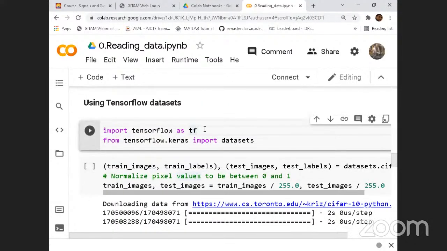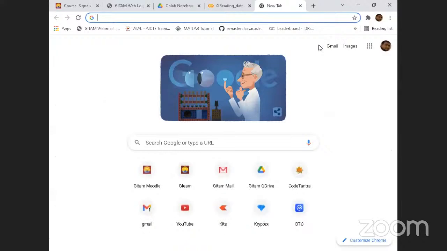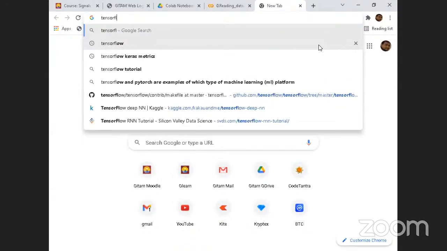Okay, so the next way: TensorFlow itself provides many data sets for you in a binary format, which is a different way of storing the data sets. It takes less space if we store the data sets in binary formats. So in binary formats, we can import data sets from TensorFlow Keras. Default data sets are available, right? If you want to see where those data sets actually exist,